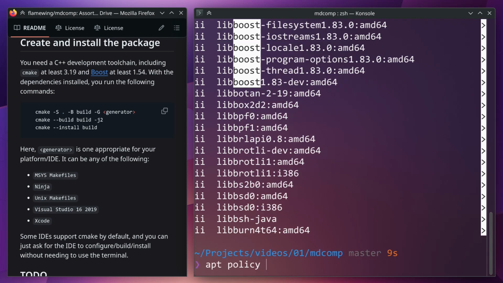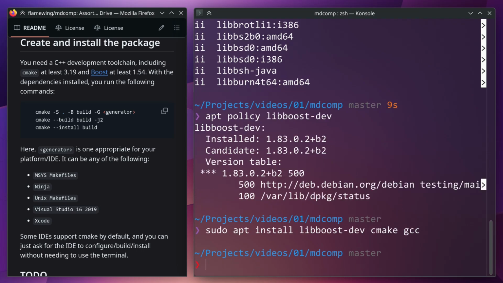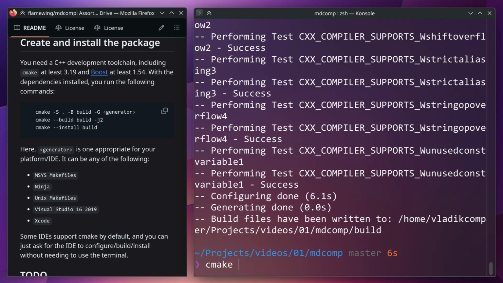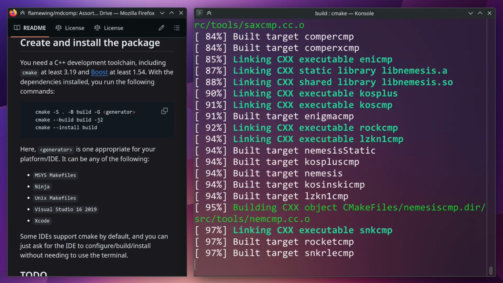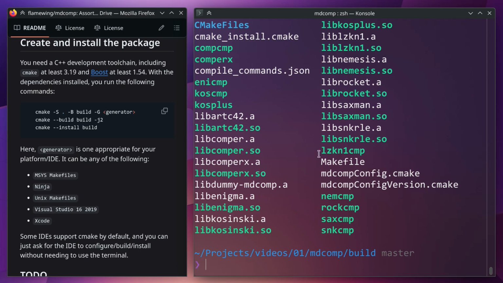I can also verify that it's properly installed. And if you don't have this installed, you can run apt install libboost-dev cmake gcc, which works on Ubuntu and Debian, of course, if you use them. Now for the actual compilation, we run cmake for the initial configuration, and then it's time to build it. And we're done. We now have a build directory with all the compiled utilities which we can explore and even